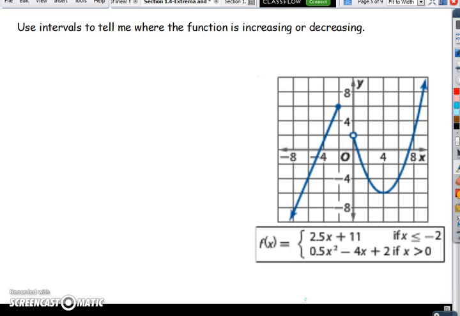So I have this, and I gave you a piecewise function. So let's talk about increasing. As I move from left to right, what's the function doing? If I move from left to right here, this blue line is coming up from negative infinity all the way up to here. That's increasing. So as I move from left to right, my y values are going up. So I am increasing